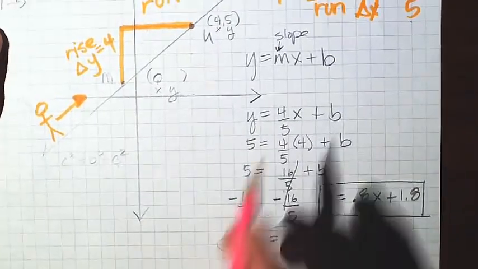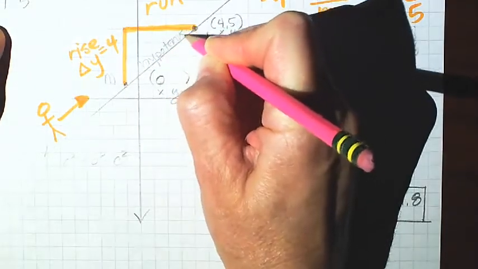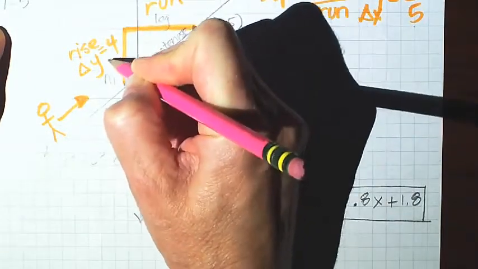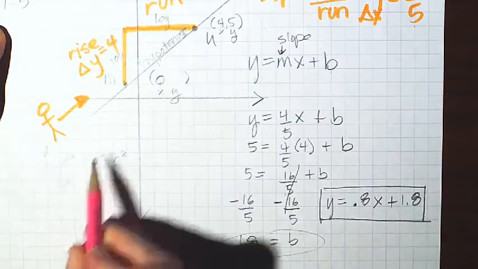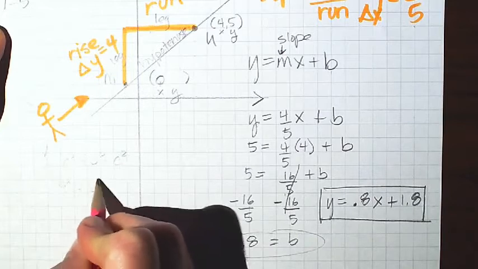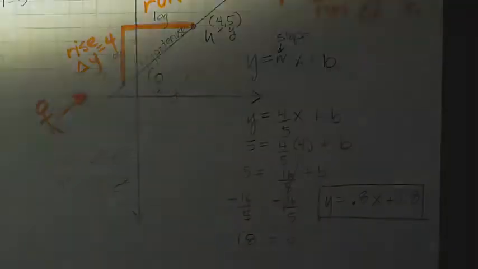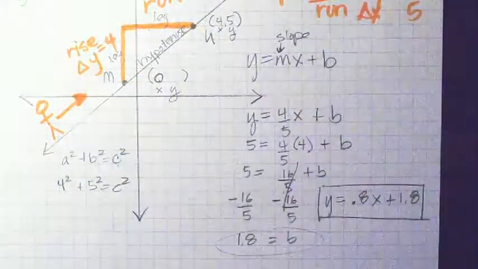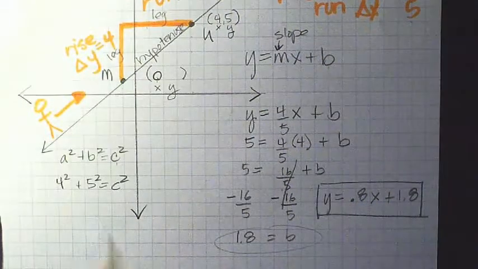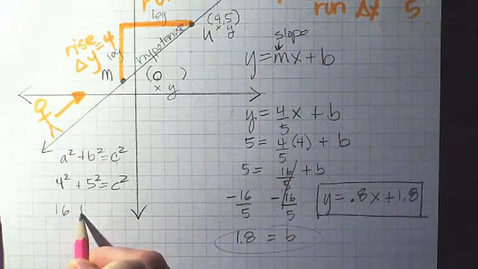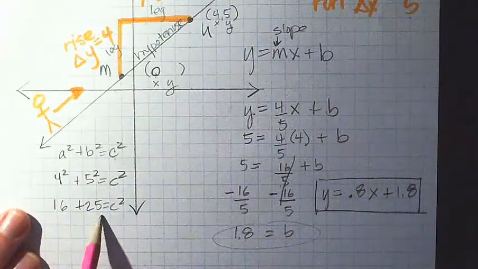So if this is the hypotenuse, and these are the two legs, we could just substitute 4 in the place of A, 5 in the place of B, and solve for C. Okay, so that gives me 16 plus 25 equals C squared,